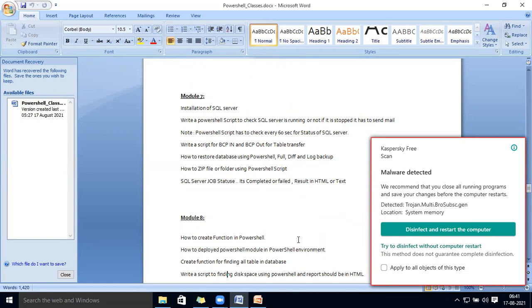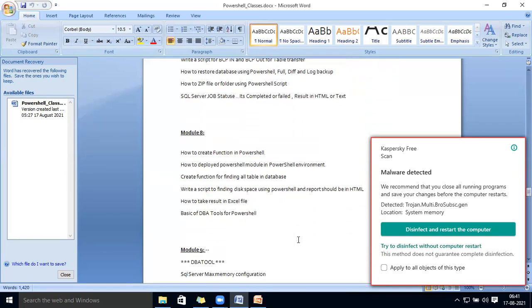If any server is down, or BCP in, BCP out, if you have to import all tables using PowerShell, how we can perform that, how to restore a database, 7-zip, whether it is completed or not, whether any job is completed or not, whether SQL Server or Agent is running fine or not. All this we will perform in module 7.